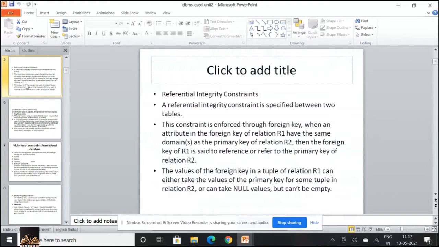Whenever you are talking about referential integrity constraints, the foreign key values should be part of your primary key values, and null values are also allowed in a foreign key.